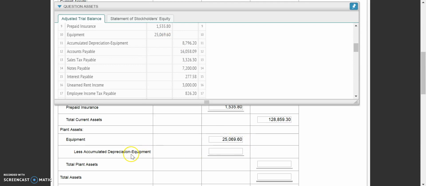But again, it has a contra account, accumulated depreciation, which has a balance of $8,796.20. So to find our updated balance for our plant assets, we take our equipment and subtract out our accumulated depreciation, and we wind up with a balance of